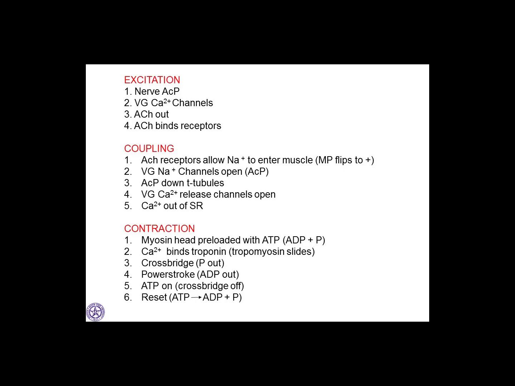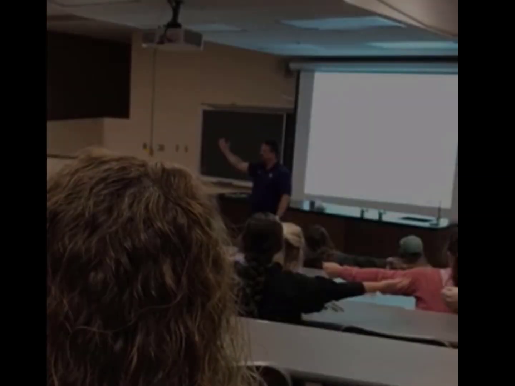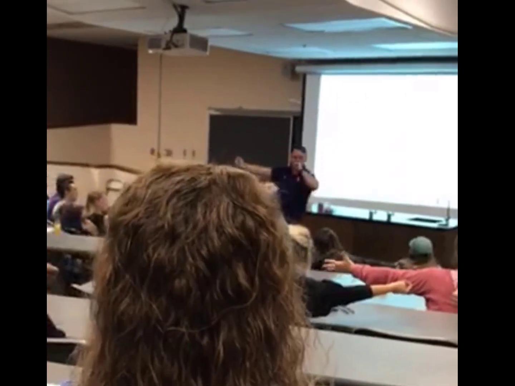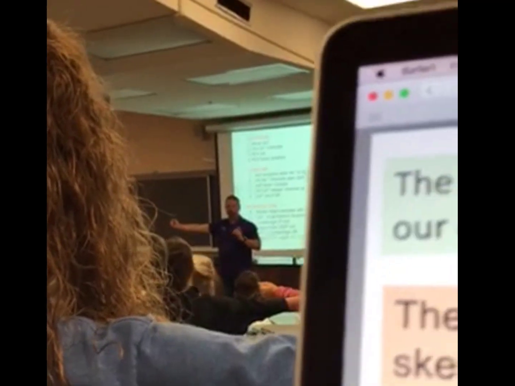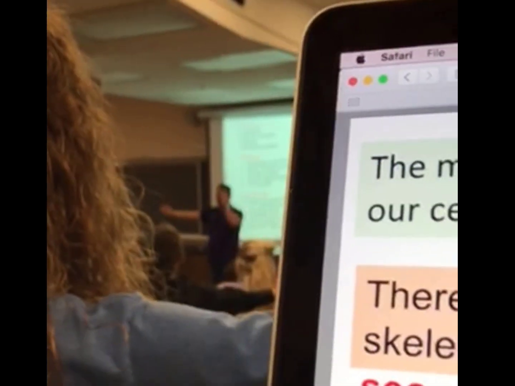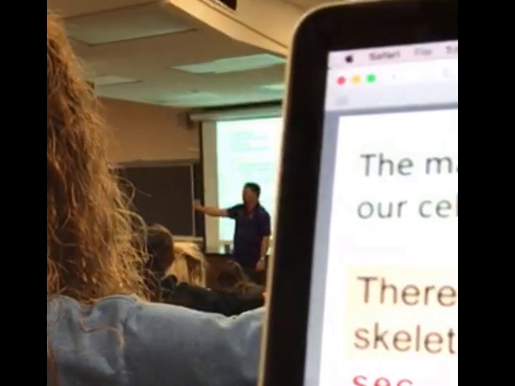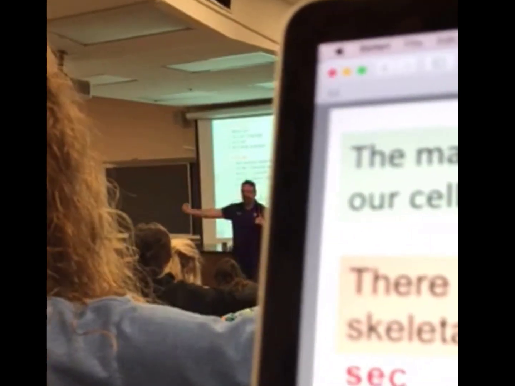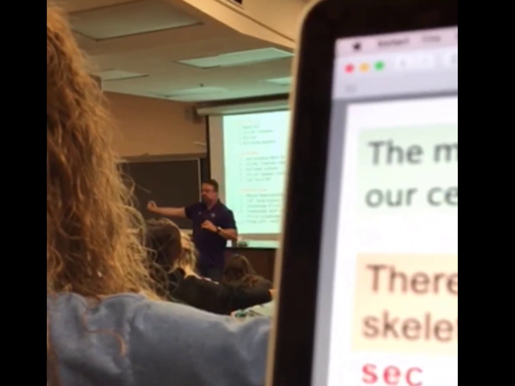Arms out. Crossbridge, phosphate goes, power stroke, ADP out, ATP in, reset. Not bad. Arms out. Now, in our hands, we have ADP and phosphate, right? Which is the smallest, the phosphate or the ADP? The phosphate's the smallest, and that goes first. So when we form our crossbridge and we have to kick out the phosphate, which is the smallest, you're going to go